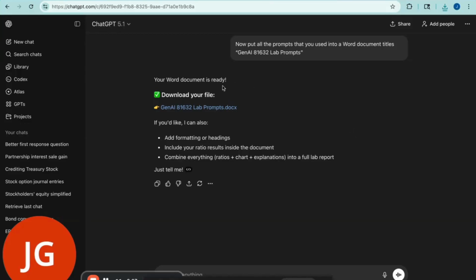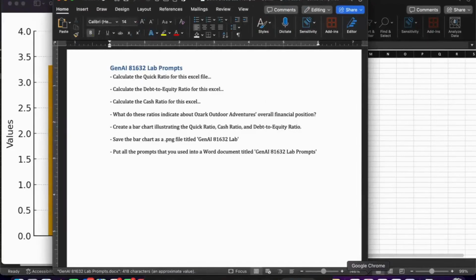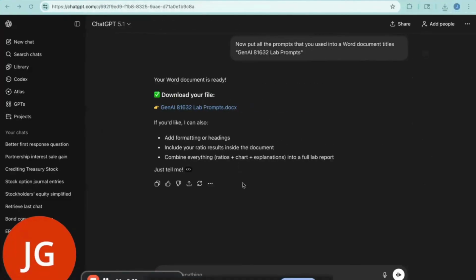Now I can download this Word doc. And we're not done quite yet. My last ask for you is to insert your complete bar chart showing the quick, cash, and debt to equity ratios in a Word document titled GenAI 81632 Lab